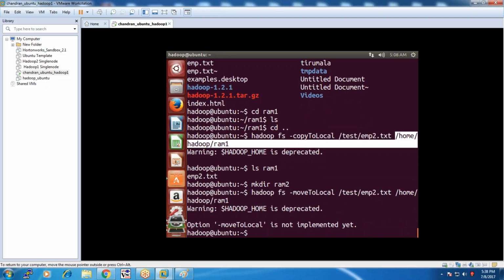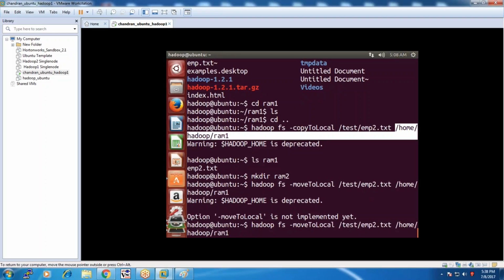moveToLocal is not implemented yet. Why? Okay, so we have only moveFromLocal, not moveToLocal. Please make a note, the command is not implemented yet. Let me check with moveFromLocal. So let me move the file from your local file system into the remote file system. Now under home, under hadoop, under RAM1, we have employee2.txt. Okay,